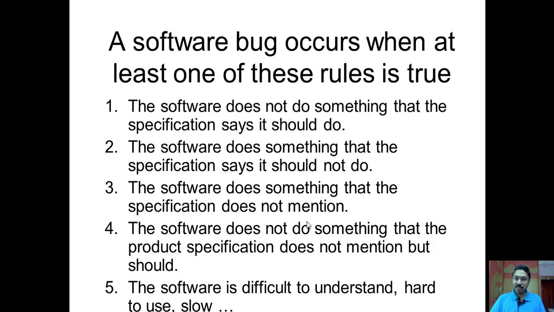Now you may ask me, because this is an added feature, isn't it? It is not a harmful feature. Showing the current date and time on the screen is not harmful, but the specification doesn't mention whether you should include the current date and time on the screen or not. But the developer is actually showing date and time on the screen. So that is called a bug. The reason we are calling it a bug is that though this particular thing is not mentioned over there, explicitly it is not required to show the date and time on the screen.